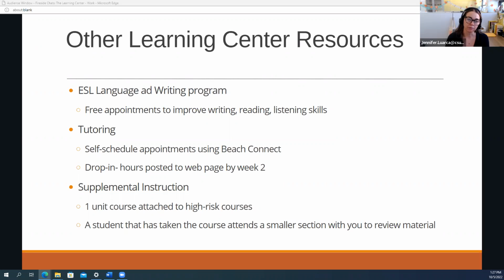And then the last program we run out of our center is supplemental instruction. This is a 1-unit credit, no credit course that students can add when they're doing their schedule each semester. It's not available for all classes. It's only available to the ones that are indicated on the schedule of classes. But what happens with this course is we hire a student who did well in the course. We train them how to work with learning and material, and that student goes to class with the students and then leads a kind of study session right after class. So it's a really nice way to integrate some study and have that accountability of having to actually go to a class to study a little bit each week.